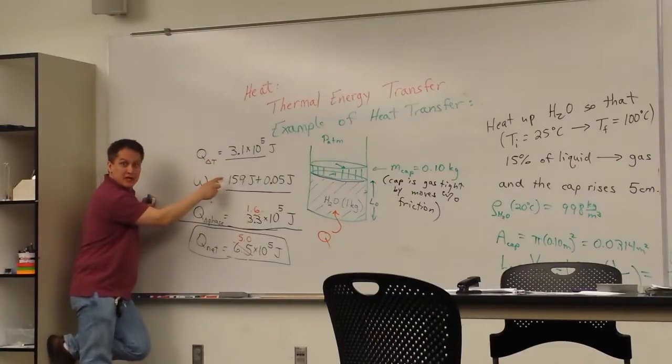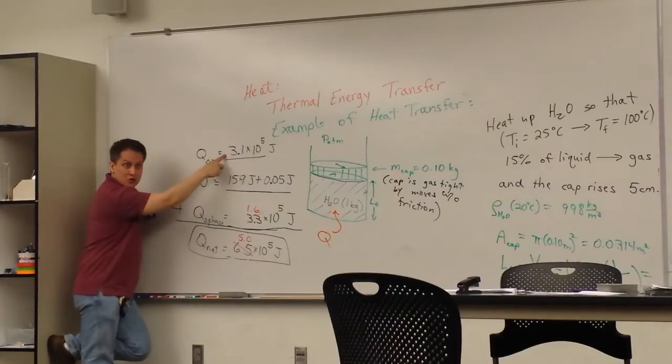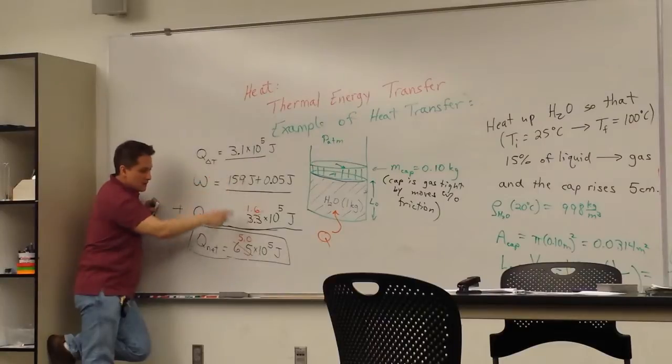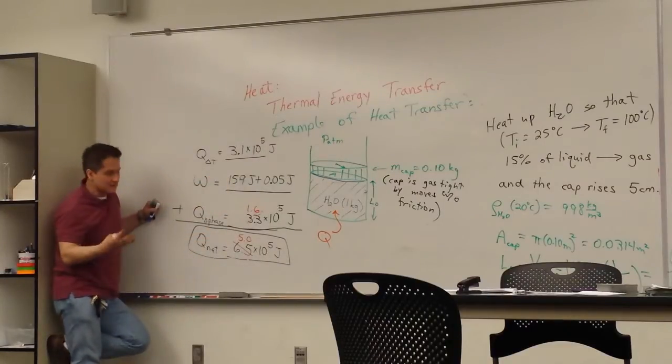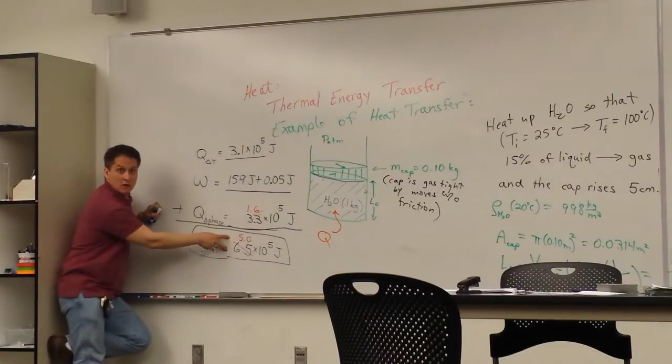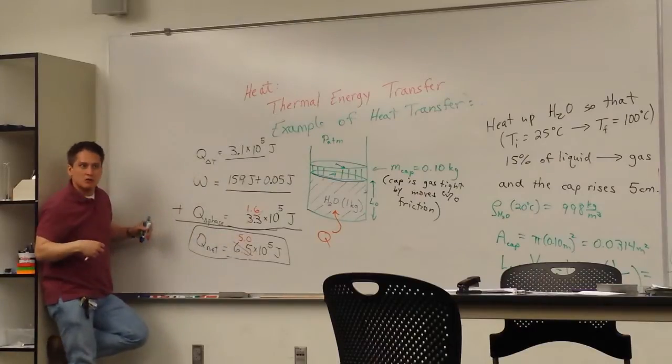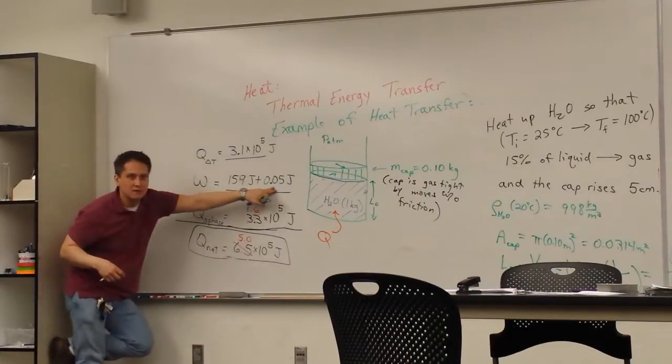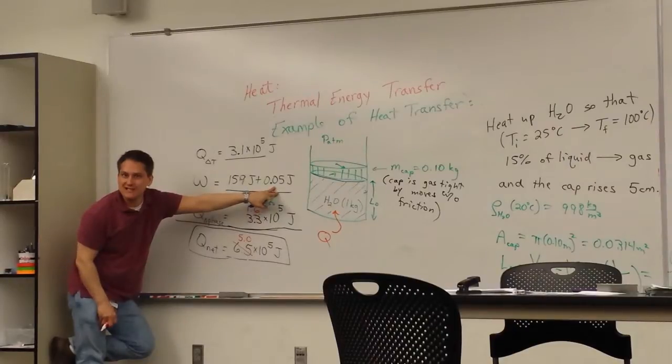These numbers don't change because this is the lift, and this was the temperature change of the water to get it there in order to evaporate it. So this number was off by a little bit. I was way off with my number by 20% or so, but that would be how much energy would be required to do this. This is the work to lift the platform, this tiny little bit.